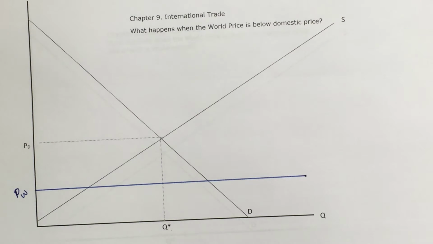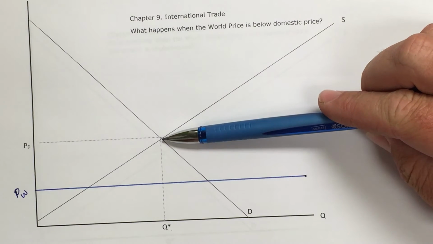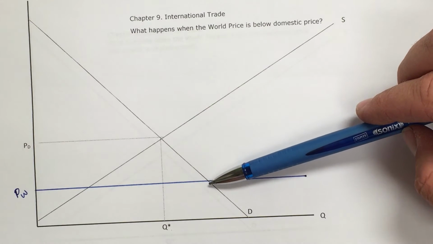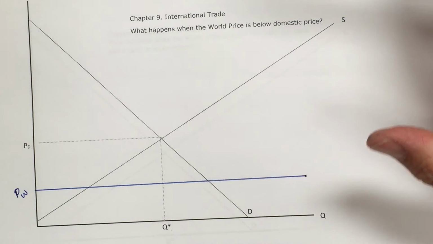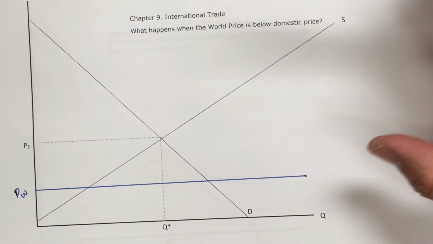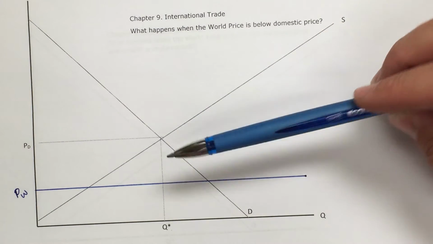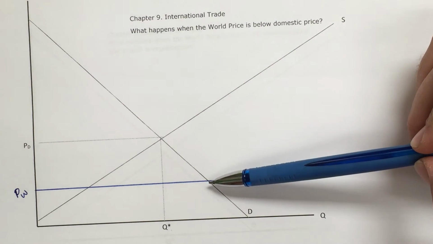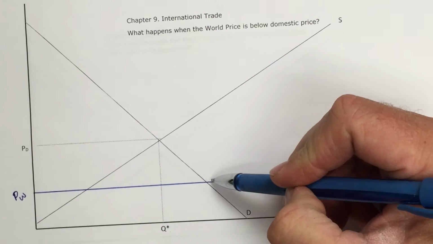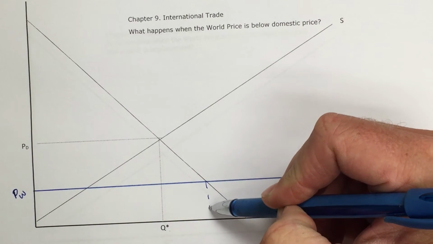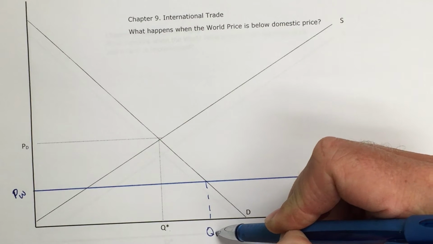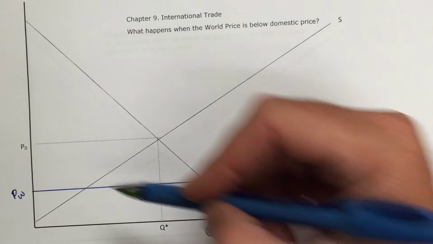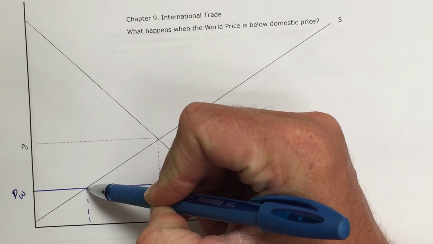So consumers can buy domestically, but to do so, they have to pay a higher price. Or they can buy a good produced internationally, at which point they pay a lower price. Now, there's no difference in these goods. These are homogeneous goods. And so as a result, consumers are trying to maximize their utility, or trying to do the best they can. So it's the exact same good, and they're going to opt to purchase everything from international producers. And so this is now going to become the quantity demanded. Well, given that they're not going to pay a higher price, this point here